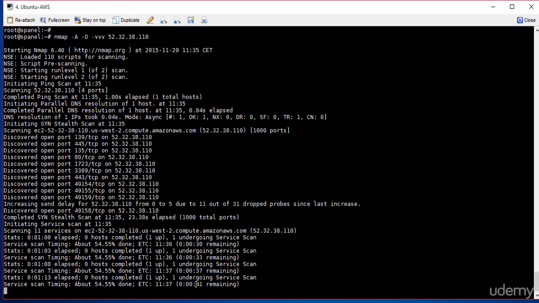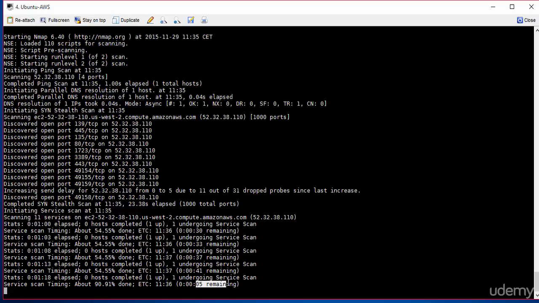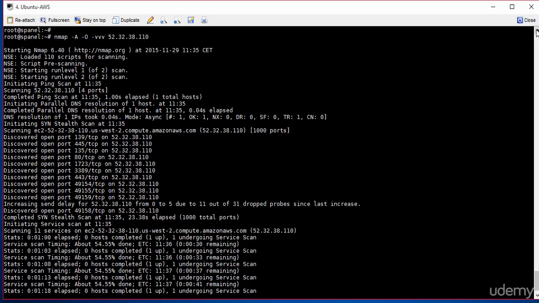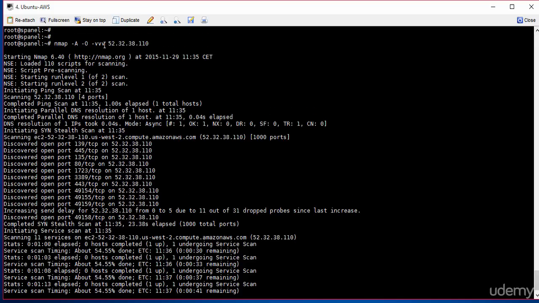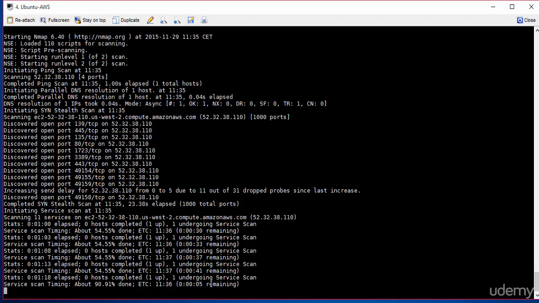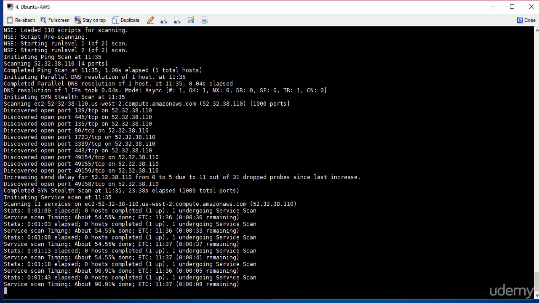And as that is running, let's talk about some of the other ports. If you look at some of the ports in that list, we've got 139, 445. If you didn't use the -vv command, you wouldn't get all this detailed information. So using the -vv command will give you much more detail than previously recorded. Let's make sure this finishes shortly. It shouldn't be too long,